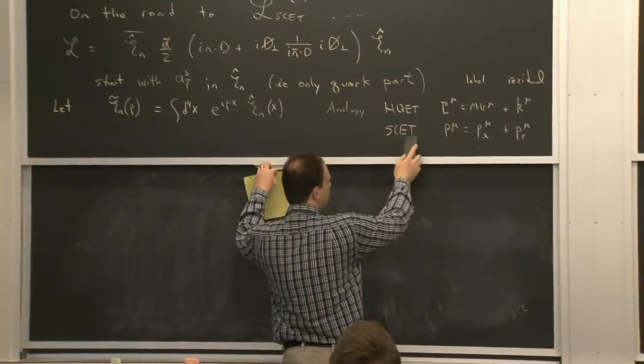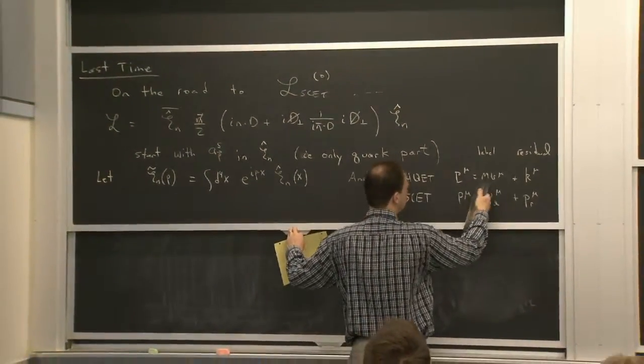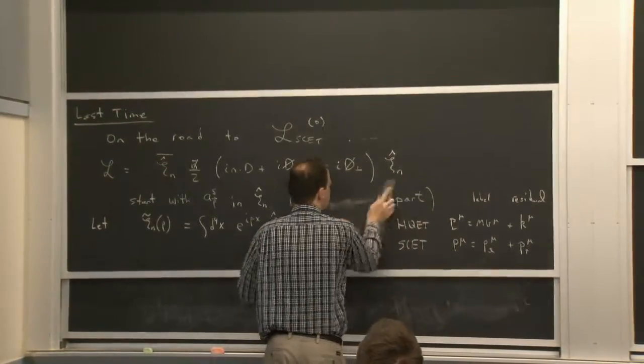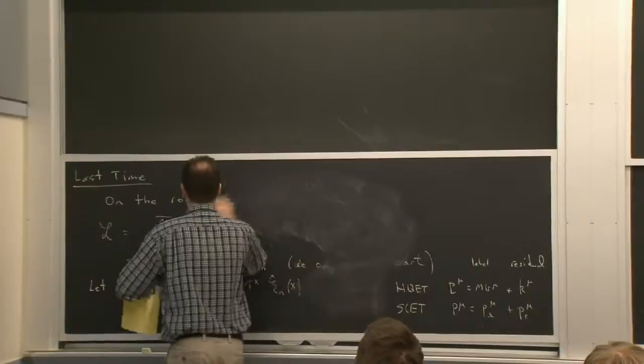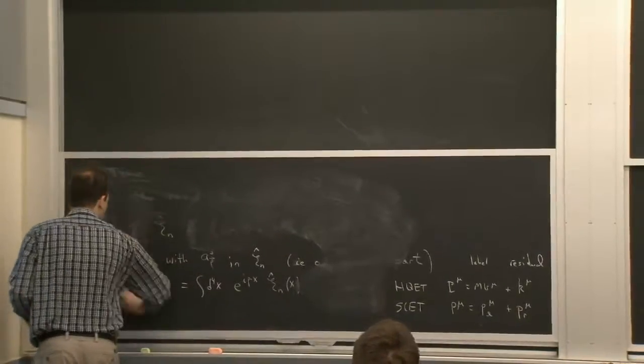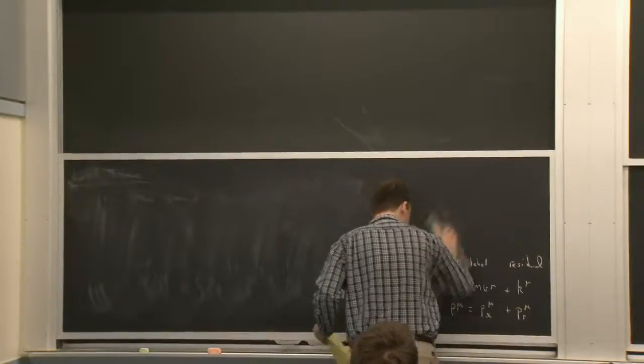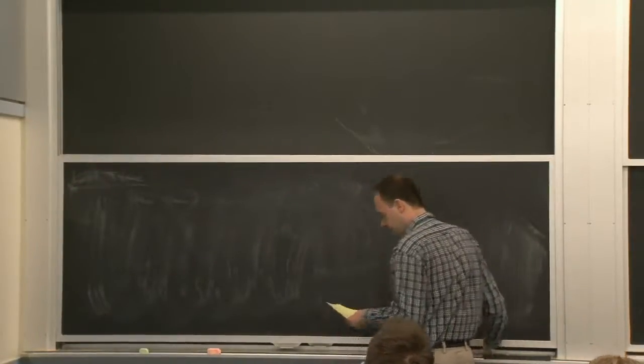And that's kind of what we do in HQET as well, right? We treat this guy as in momentum space as a label, and this guy is in position space for the residual. And the reason we really want to do that is related to locality, and I'll say some more words about that.